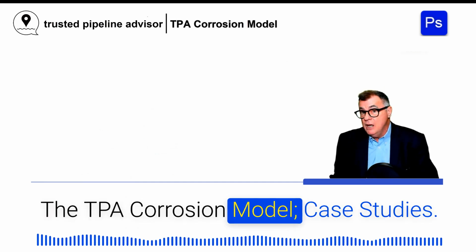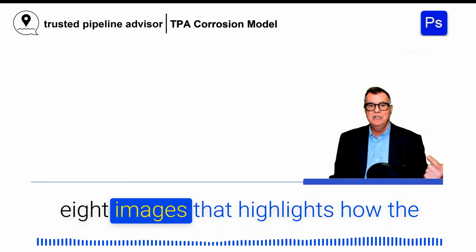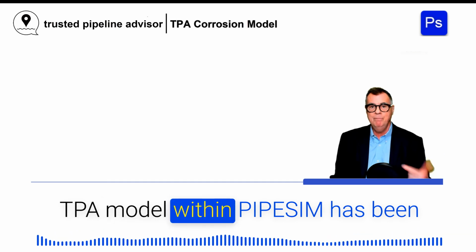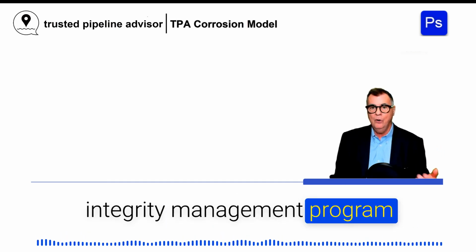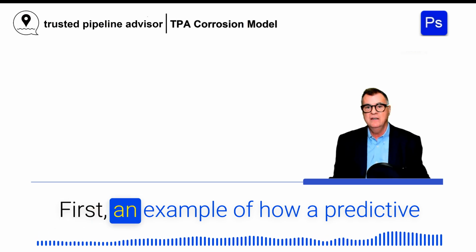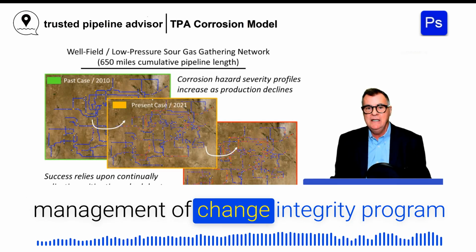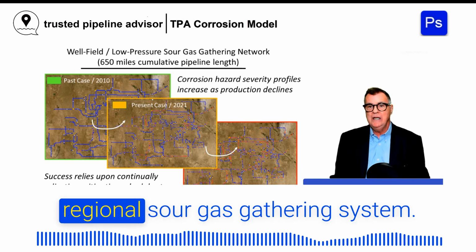The TPA Corrosion Model, case studies. I will briefly walk through a series of 8 images that highlights how the TPA model within PIPESIM has been used to add value within a corporate integrity management program for a variety of operating sectors. First, an example of how a predictive management of change integrity program has been implemented within a large regional sour